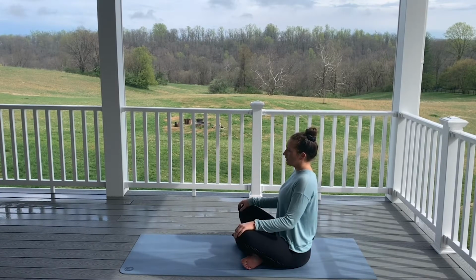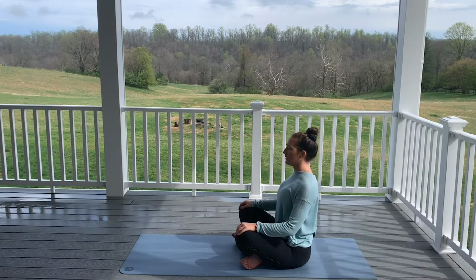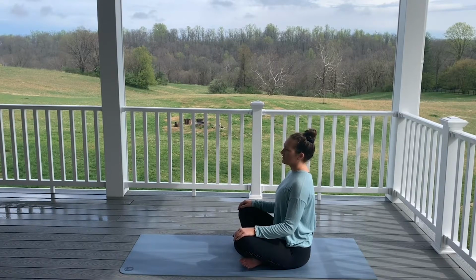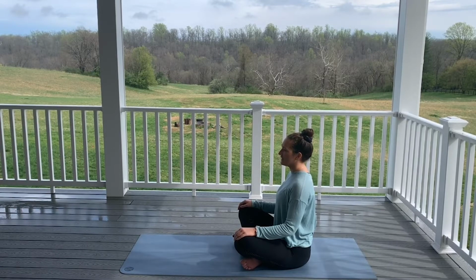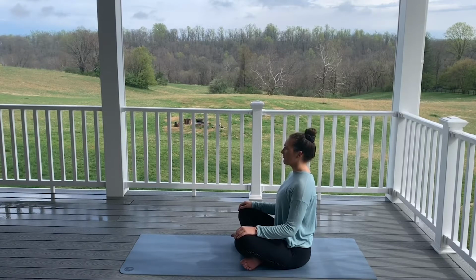bit taller. Shrug your shoulders up to your ears and then exhale them down and away. Relax them. Take a nice deep inhale here. And then exhale, feel those shoulders get even heavier. Relax that tension. We carry so much tension in our upper body, especially when we're sitting at computers, looking at our phones, sitting at desks all day. So get rid of all of that extra pressure that we might be holding there. Any constraints. Nice deep breath in